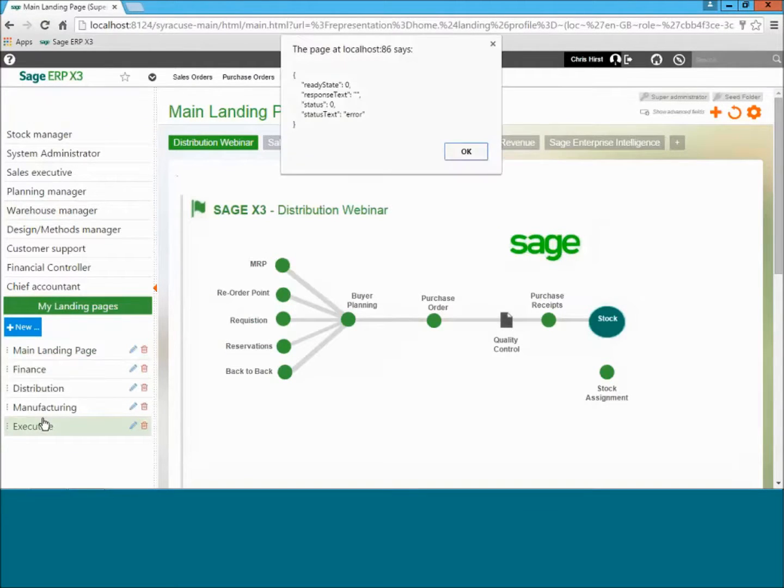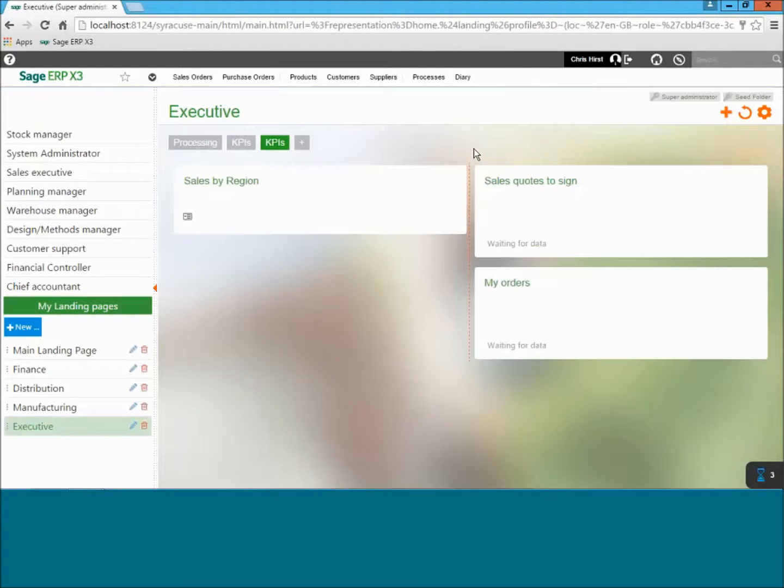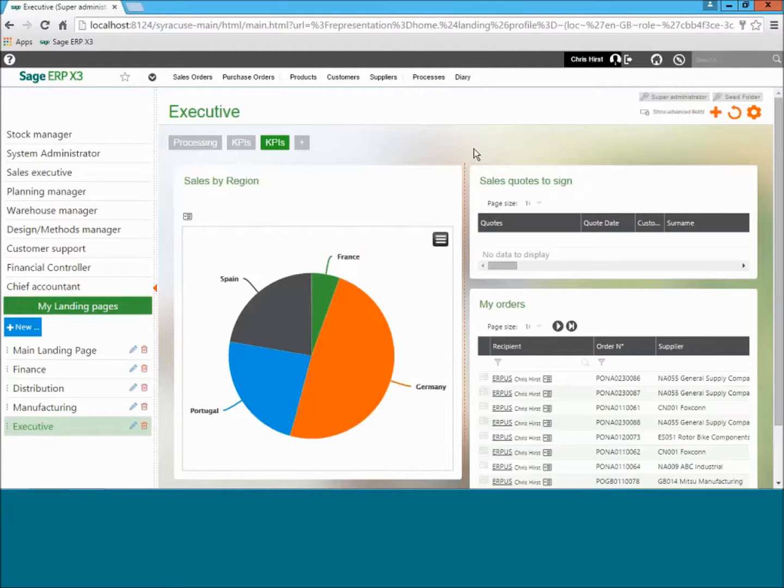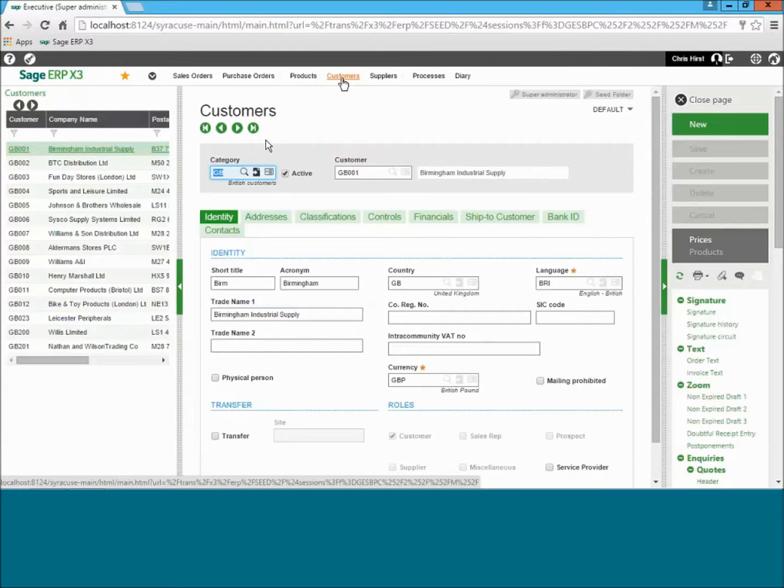So as I log in, very simply, I'm met with my landing page. In this case, being a salesperson, I can go and look at sales information straight away. But being a salesperson, I'm probably on the phone to a customer. So if I look at my shortcuts along the top, my favorite bars, I've got a quick access button straight to my customer records, and this brings up a list, in this case,